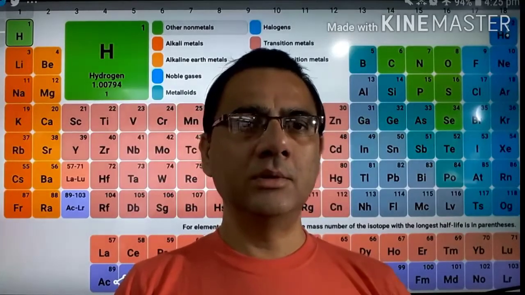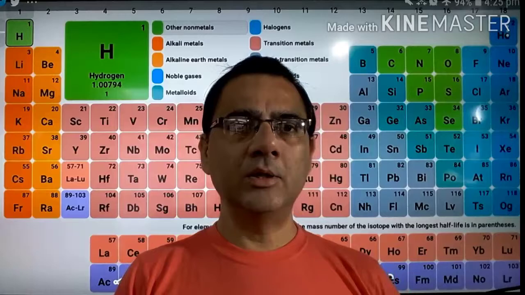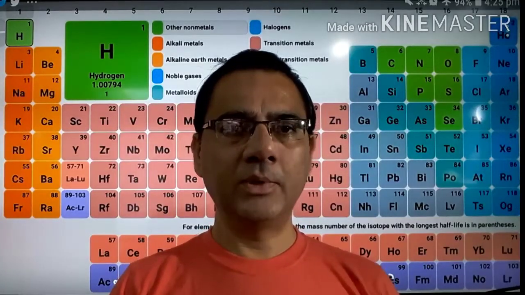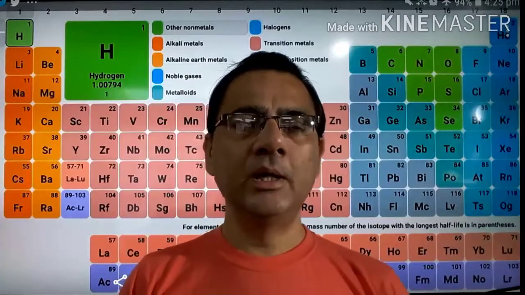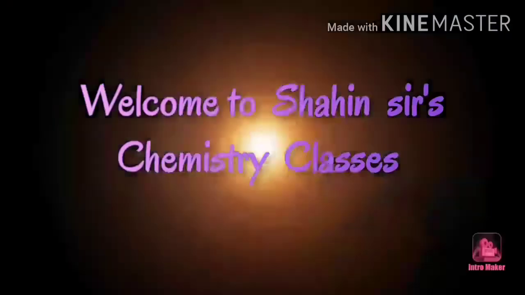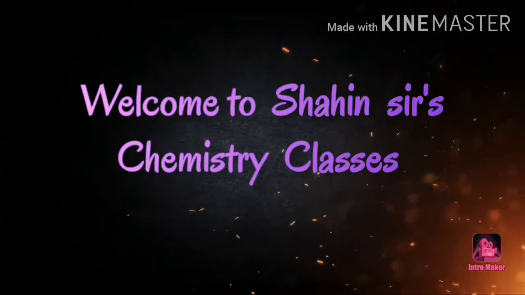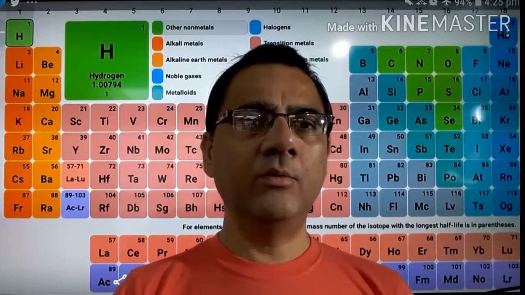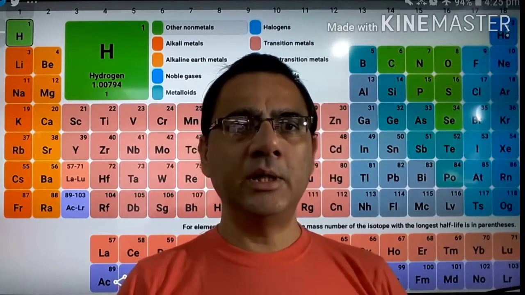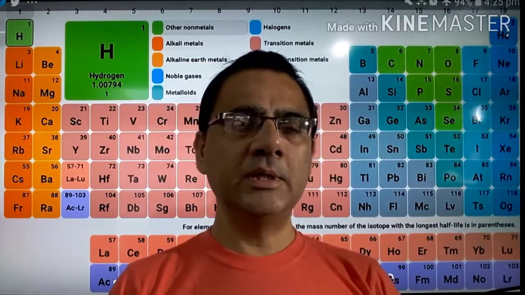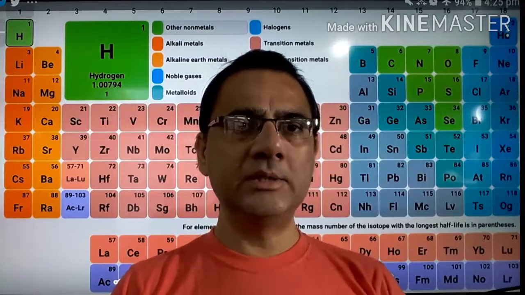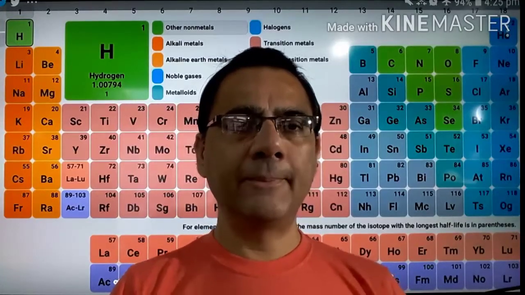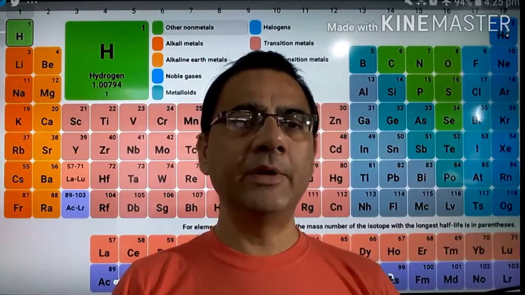Before studying in detail about the metals and non-metals, I want to show you the periodic table, and that is at the back side of me. And what is this periodic table? Actually, all the objects and all the things which we see around us are made up of elements. Let's say for example, our human body is made by different types of elements like carbon, hydrogen, magnesium,